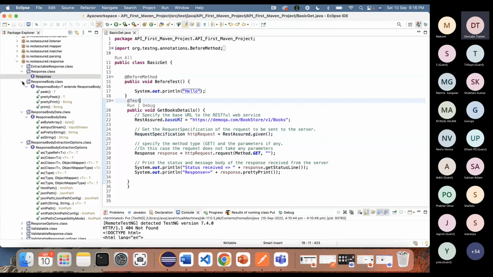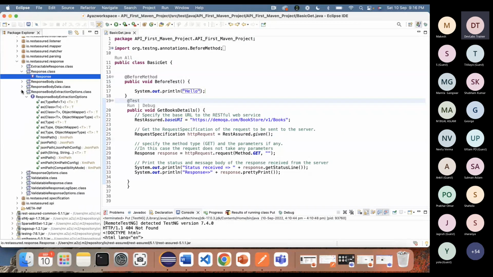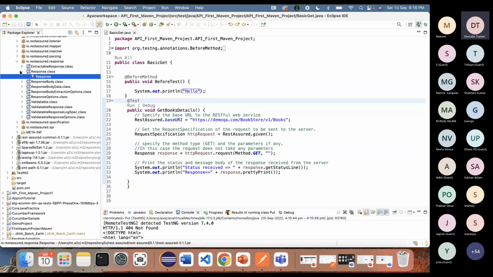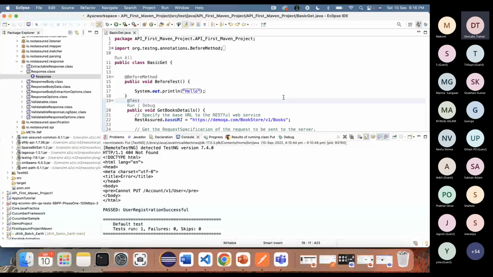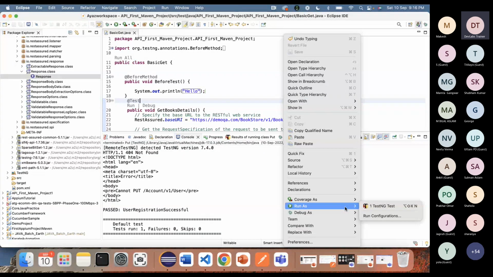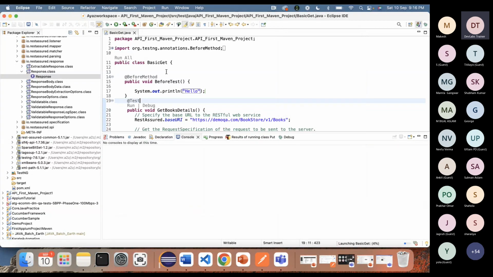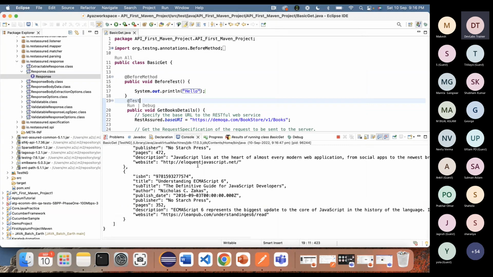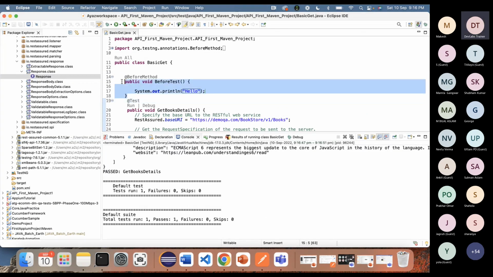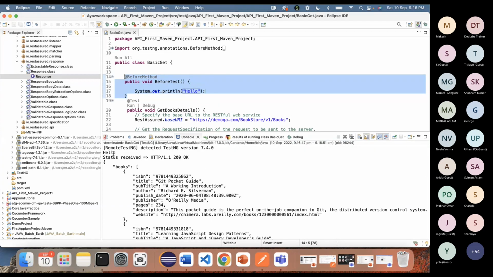So we don't need to do anything, we only need to use those methods available. To hold the data we need some stuff, so we can do those stuff here. We can run it as a normal Java program. Because I'm using TestNG, I have to run it as a TestNG. If I had not used annotations here, I could run it as a normal program. See, first hello got printed because it is defined that it will be executed first, then this